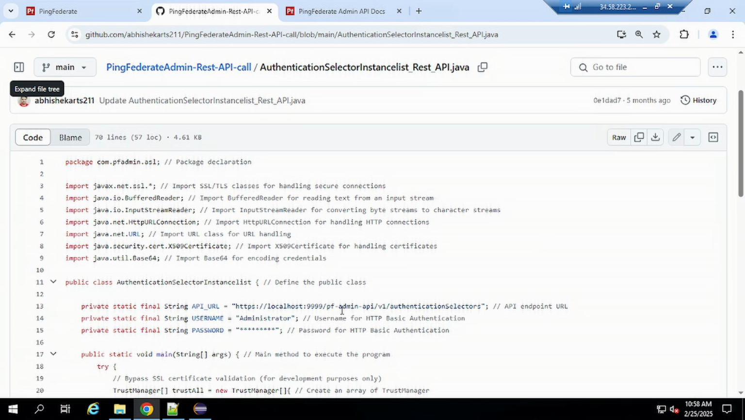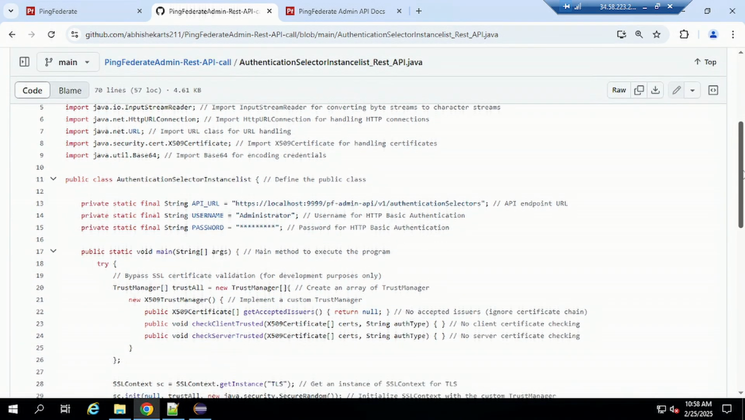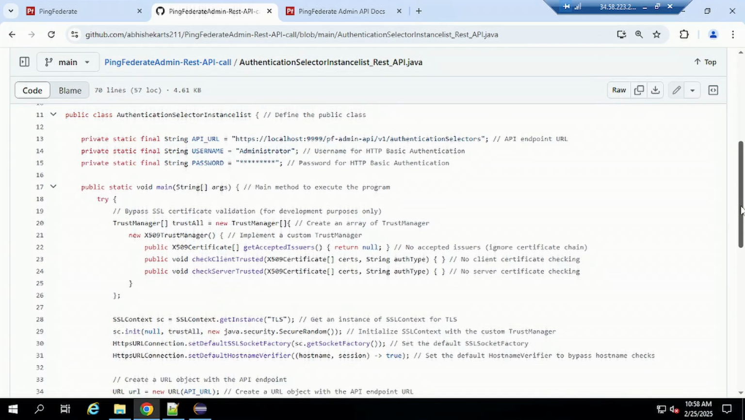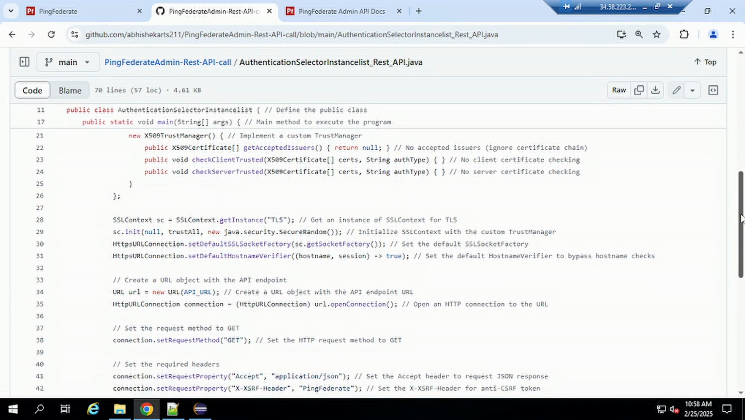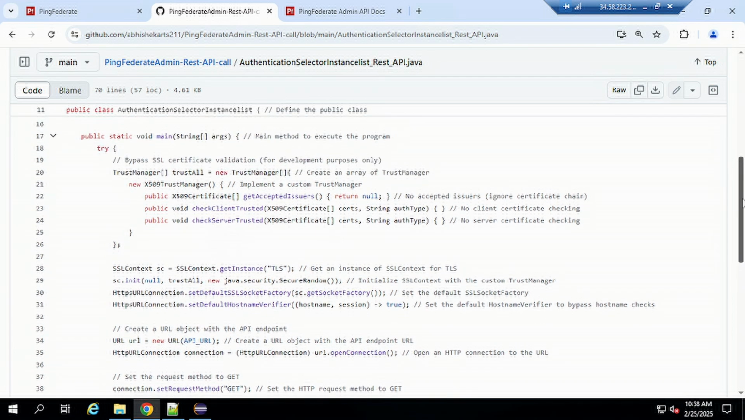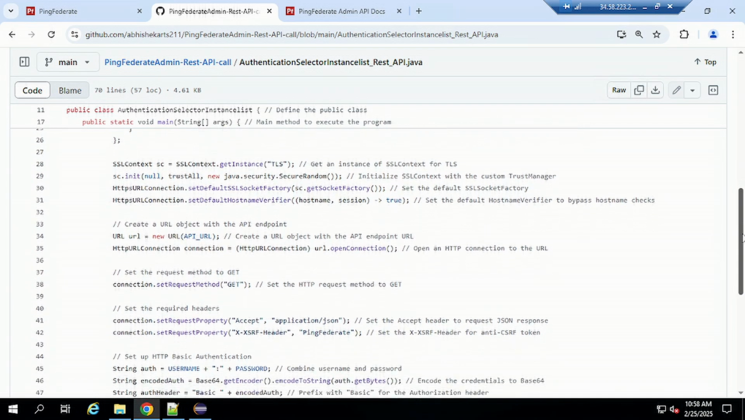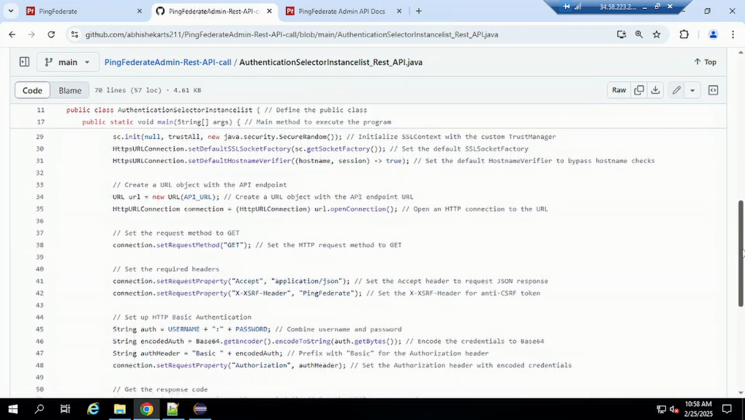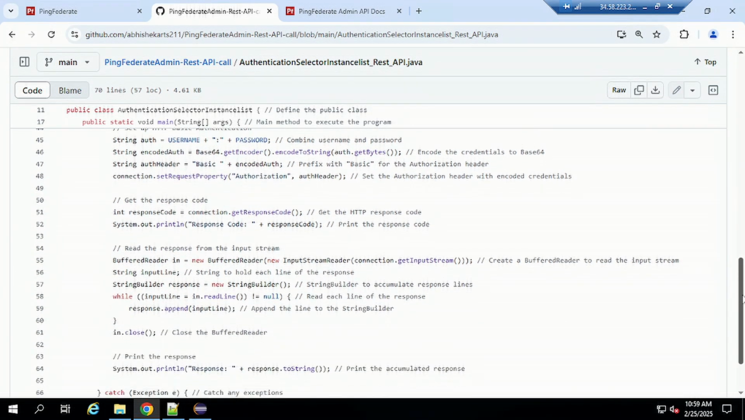So this is the REST API we need to use, v1 slash authentication selectors, and then the same method we used for the version. We just need to use the same main method to execute the program, define the class, get the instance of SSL context for TLS, create a URL object. We already bypassed the SSL certificate validation. Just create a URL object with the API endpoint, set the request method to GET, set the required headers, then set up HTTP basic authentication, get the response code, read the response from the input stream,